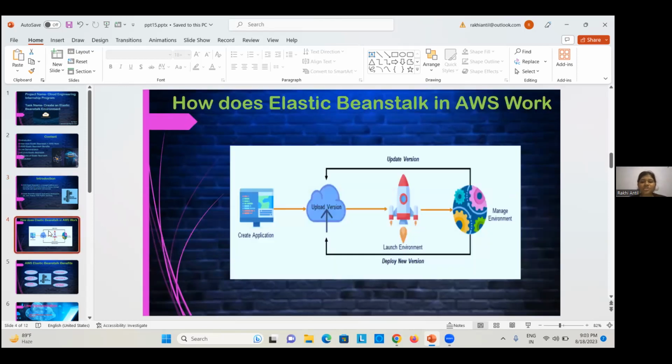So how does Elastic Beanstalk in AWS work? This is the process of how Elastic Beanstalk works in AWS.